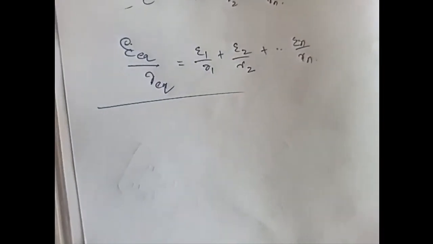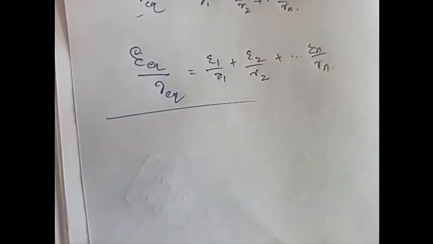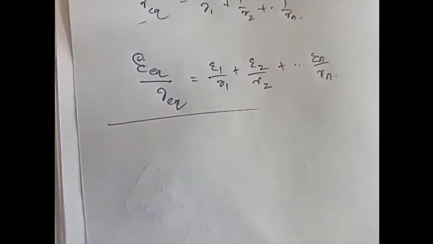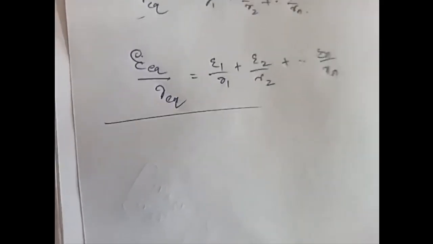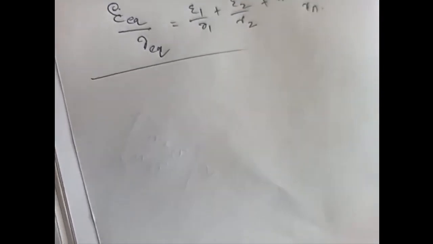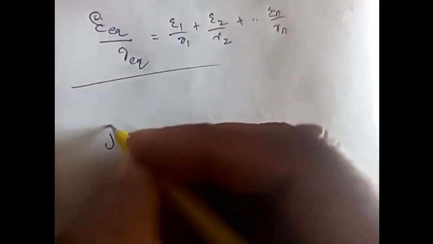Now, if we are analyzing these electrical circuits, we know that the basic is Ohm's law, but using Ohm's law only, it will be very hectic to solve electrical circuit problems. For solving that, one scientist called Kirchhoff forwarded two important laws. That is Kirchhoff rules, or Kirchhoff laws we say. The first one is called the junction rule or the current rule, and the second one is called the loop rule or mesh rule or voltage rule. Okay, the first one is called the junction rule.